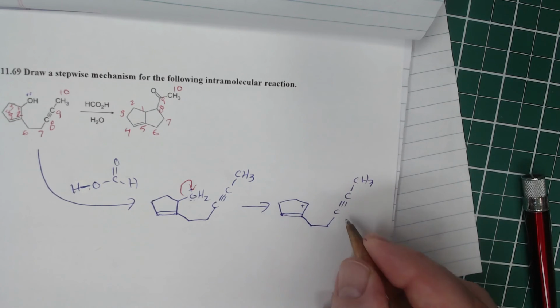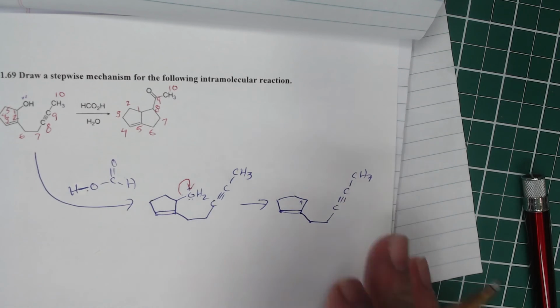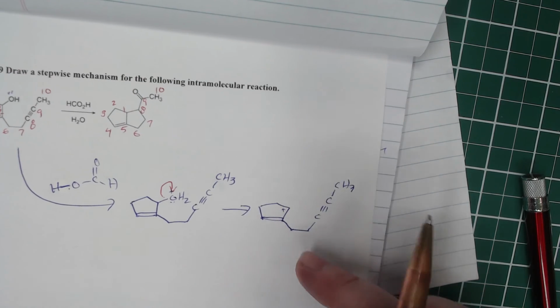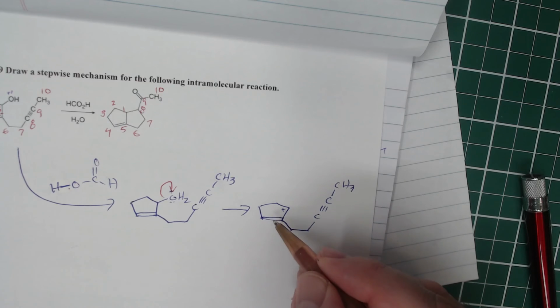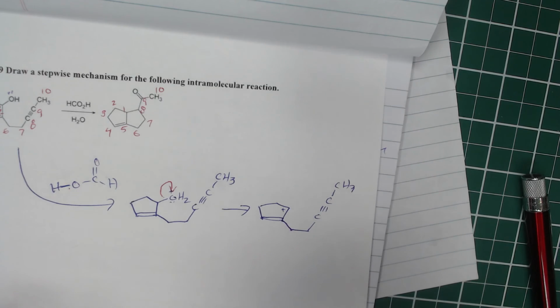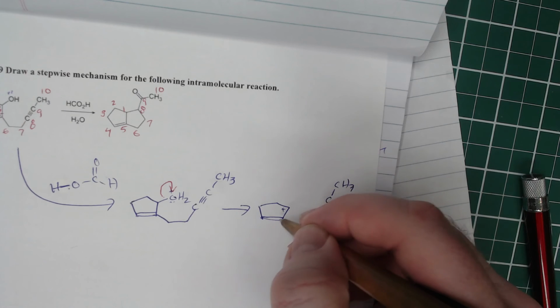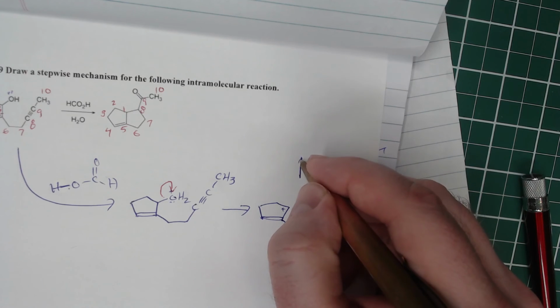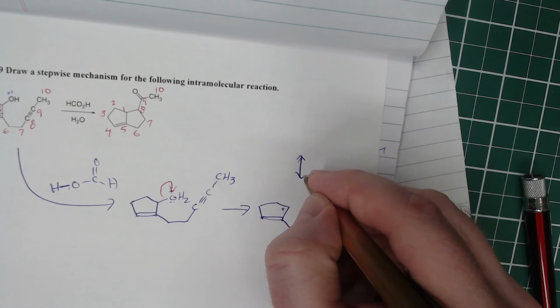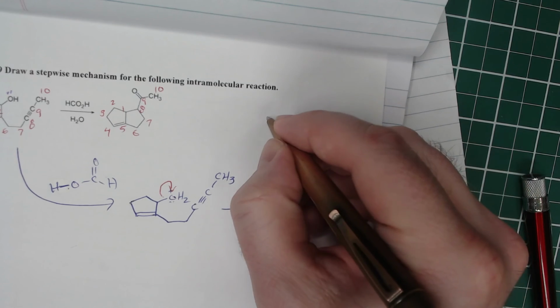All right, so 6, 7, 8, 9, 10. So we still have all of our carbons and everything. Now, just in case you're curious, this also has a resonance structure. This is what's called an allylic cation. We'll talk about allylic cations a little bit later. We have a whole section on conjugated species. So it's an allylic cation, and if you just move that pair of electrons over, you'll get